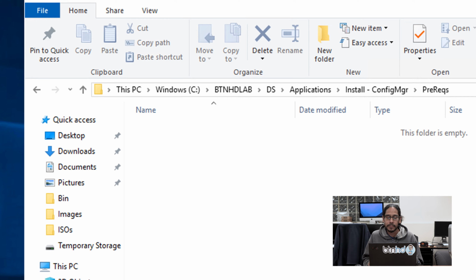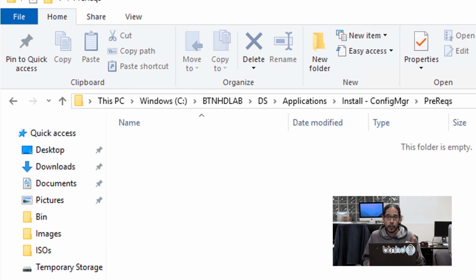Now, once you're done, go back up, and there's a folder called prerequisites. Double click on it, and we need to copy the CAB files that we pre-downloaded earlier. So go inside that updates folder, called updates for me because that's what I gave it. Copy all these CAB files and just move them over.